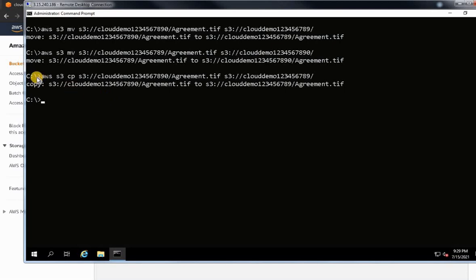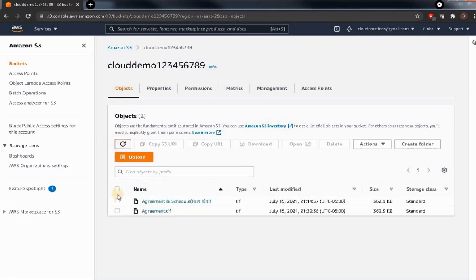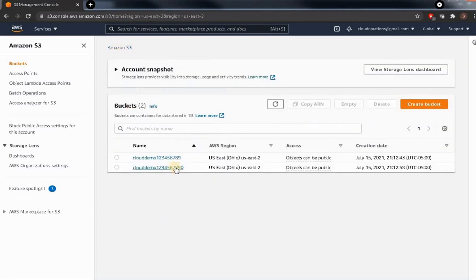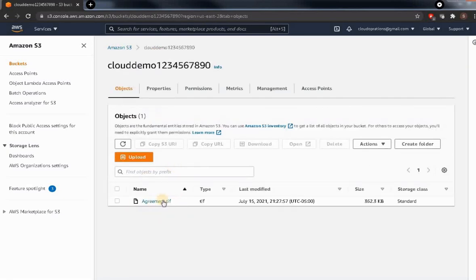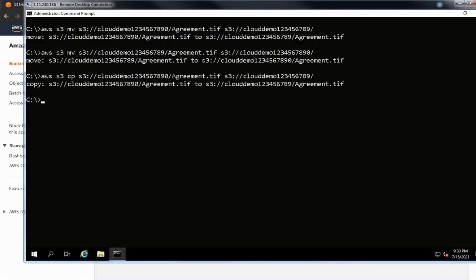You can see it is copied this time, it's not moved. As well, you can run the ls command for the bucket also. If you don't want to utilize the GUI mode, in the command line itself you can run the ls command.